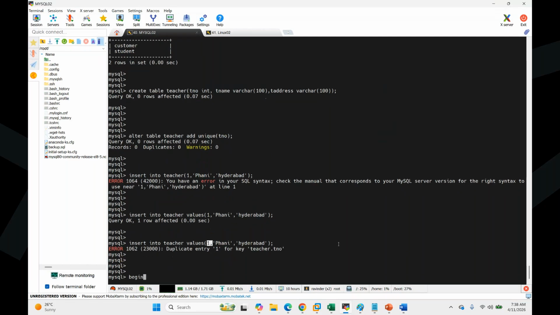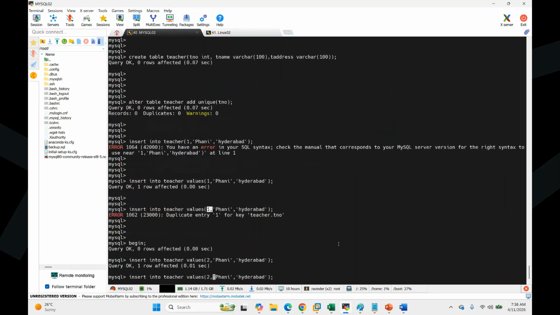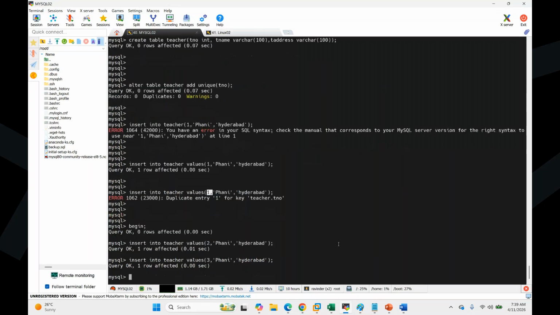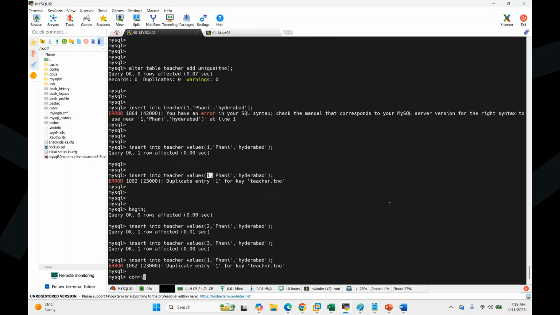So then let's go into the loop. Begin a transaction. I'm beginning a transaction. Then I'm going to insert the data. What data? Here 2, and then here 3. It's in the loop. Right now we are in the loop because I started, and I did not commit or end yet. Then I'm going to insert 1 here. This will fail. Now I'll commit. It started here and is ending up here.